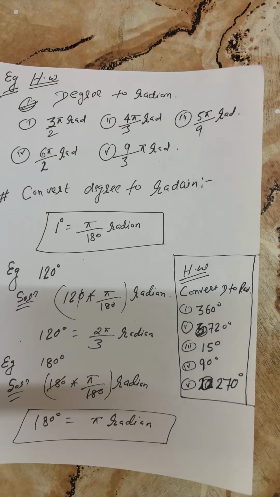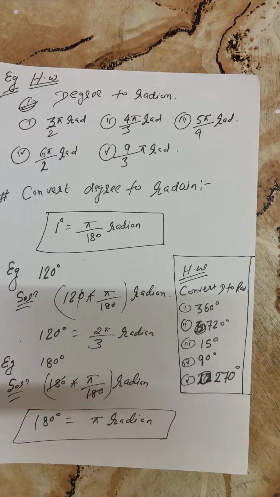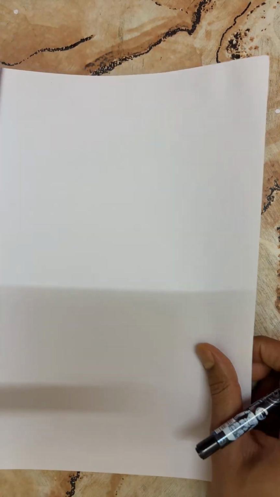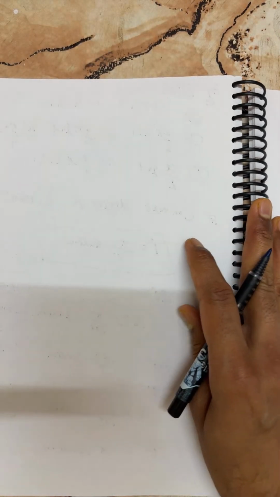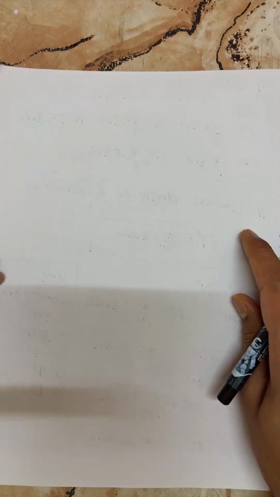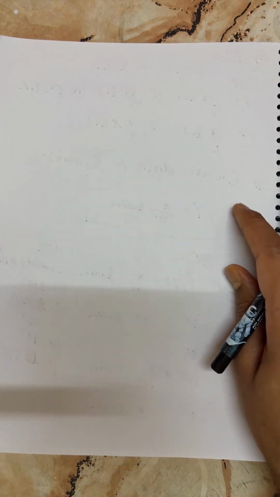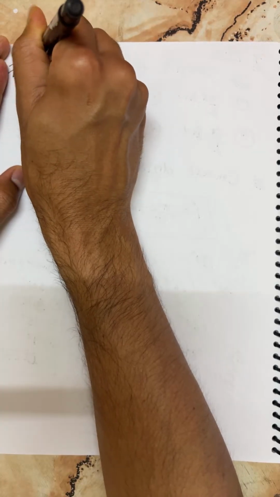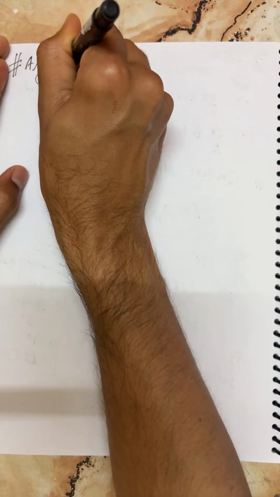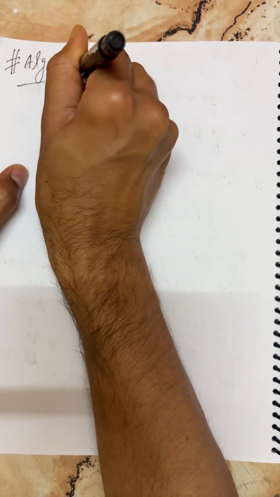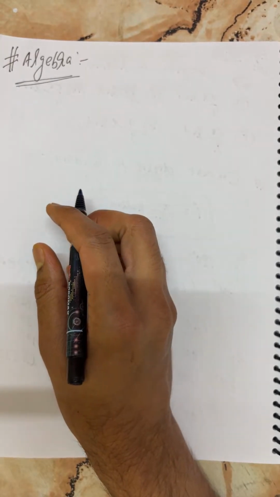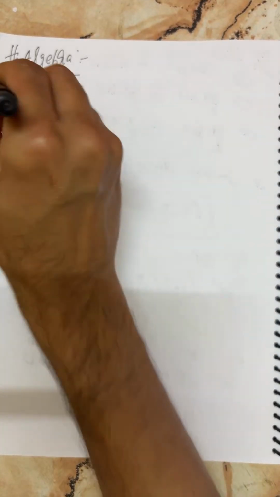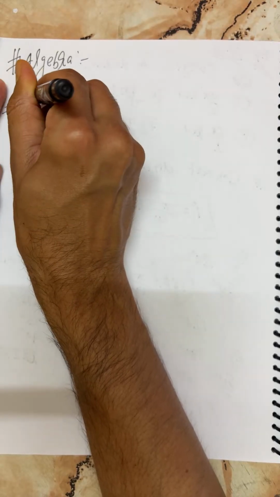Now kids, I'm going to start algebra, right? So beta, in algebra, what will we learn? Yes, kids, it's a basic mathematics class, beta. So this is algebra, right? In algebra there are many things, but we'll not learn much. We'll go through your basic points. So first, beta, I wanted to discuss